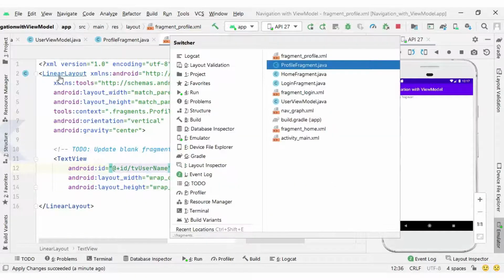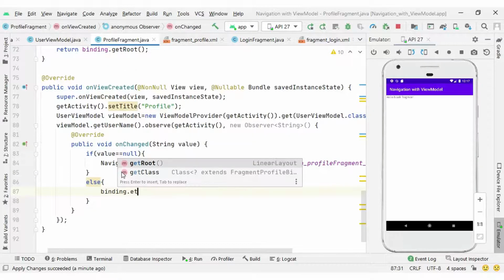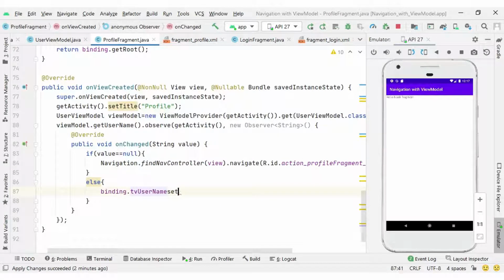So inside this text view I want to display the name of the user. So inside profile fragment, after reading the value inside our else part, I can set binding dot TV username dot set text welcome and the value of the username.